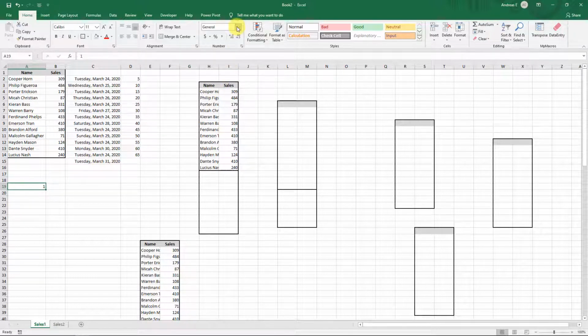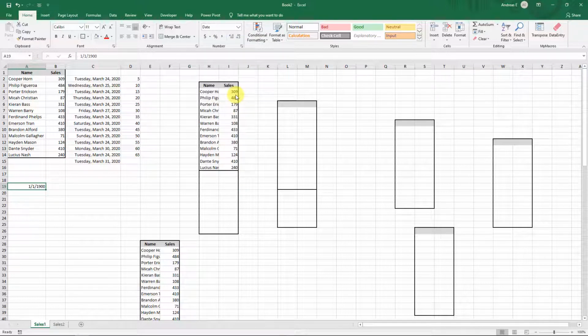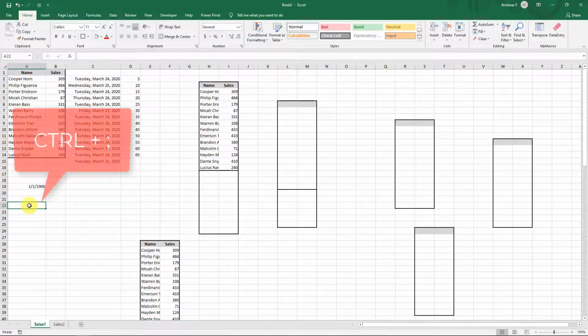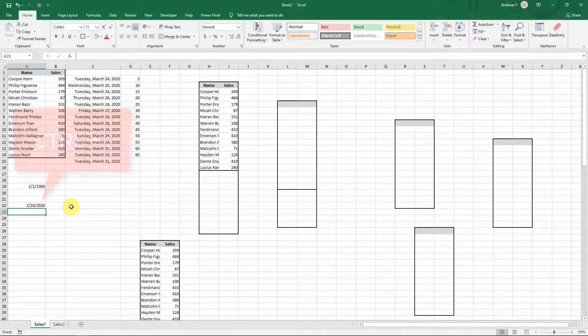If I select that and ask Excel to show it as a date, Excel shows me the 1st of January 1900. So all dates start only from 1st January 1900. Another trick is that if I type Ctrl plus semicolon in a cell, I will get today's date.